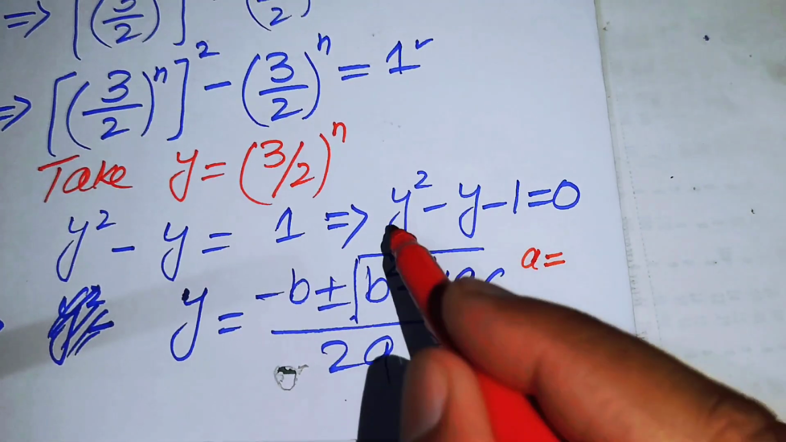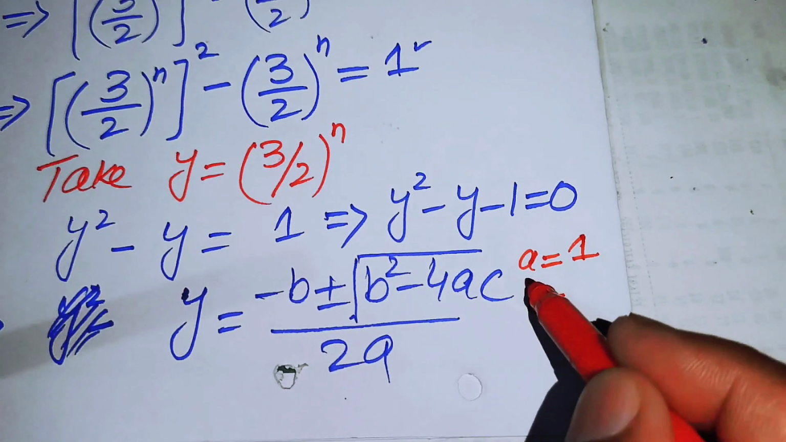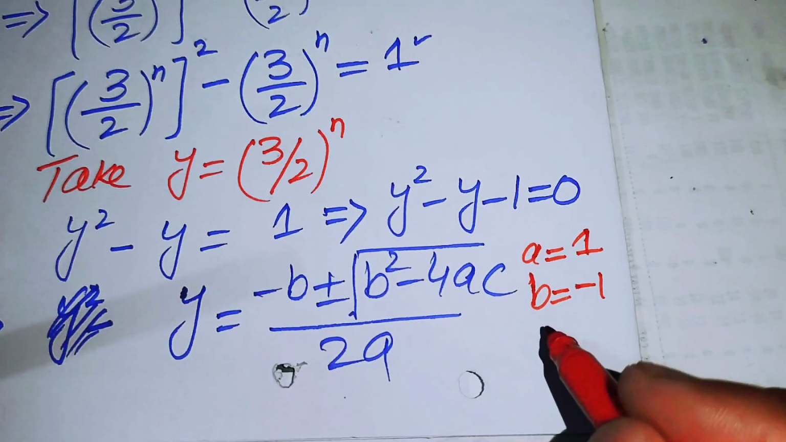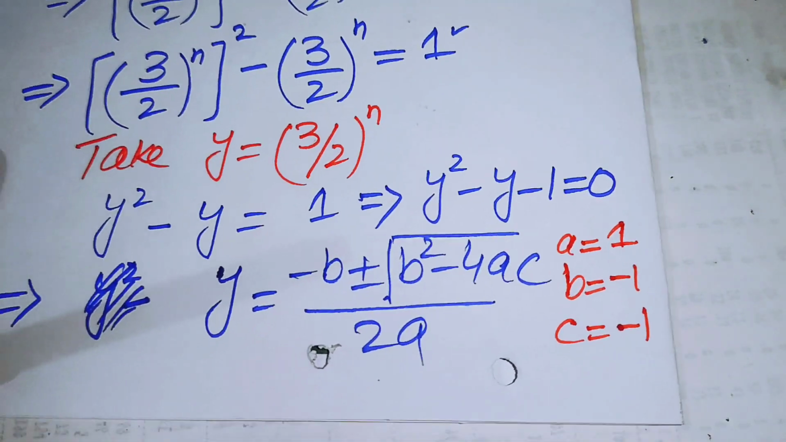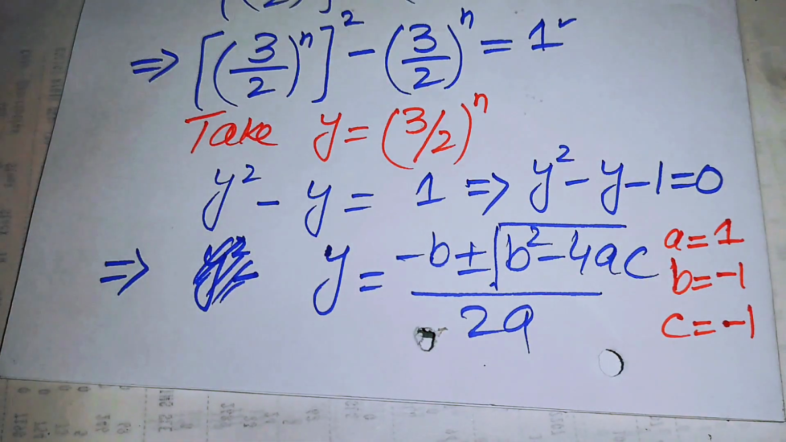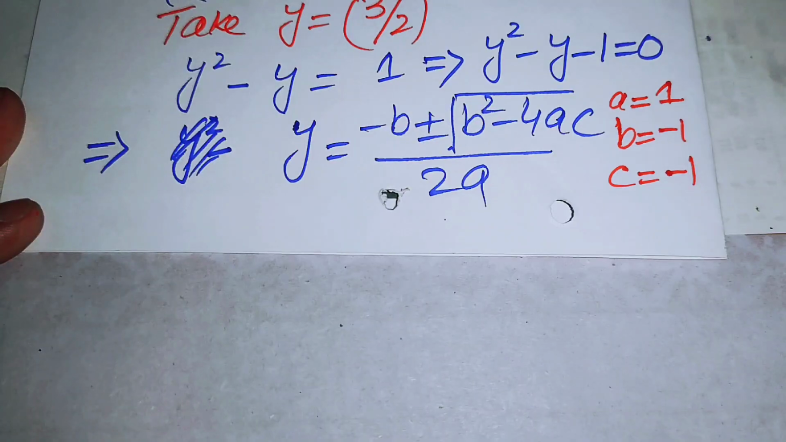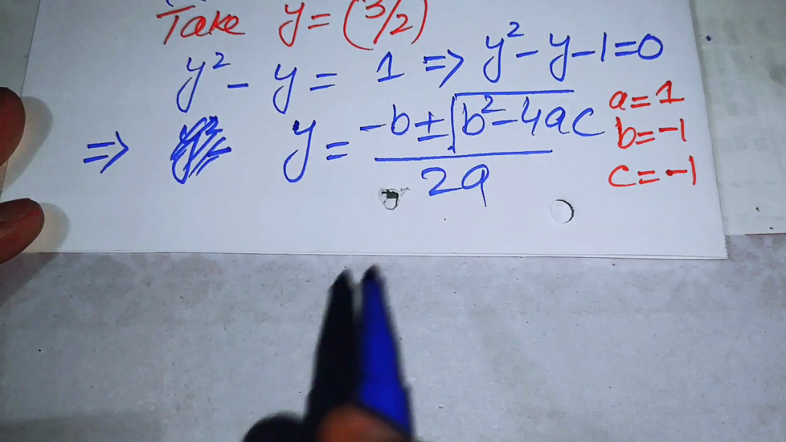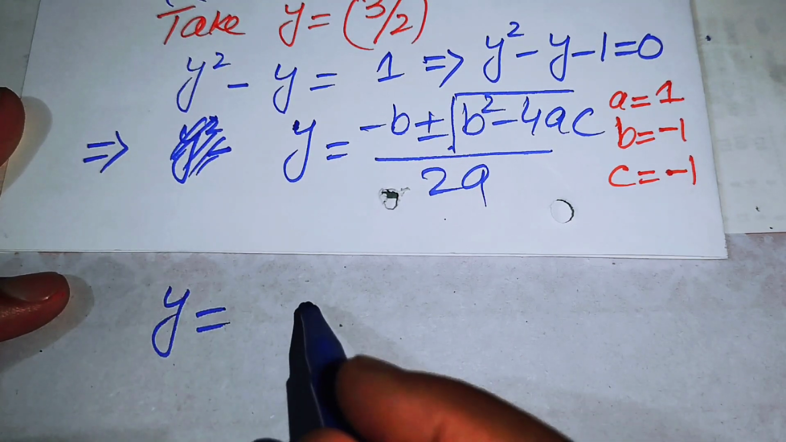Is the value of a in this equation is 1, the value of b is minus 1, and the value of c is again minus 1. So now we put the values of a, b and c in this quadratic formula, and you get y is